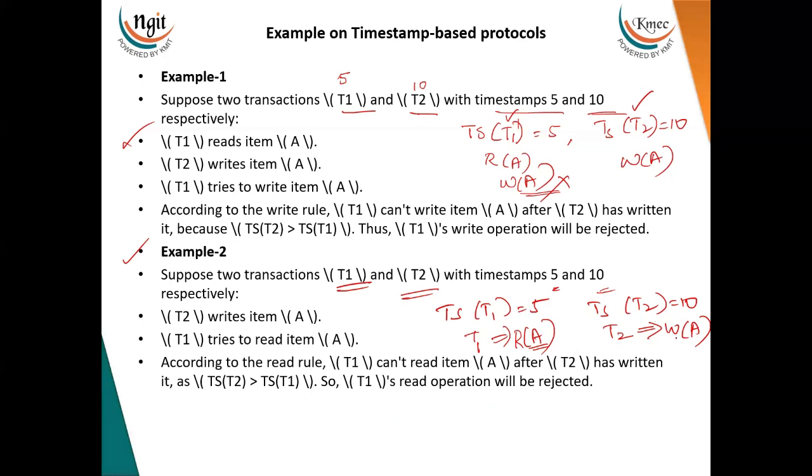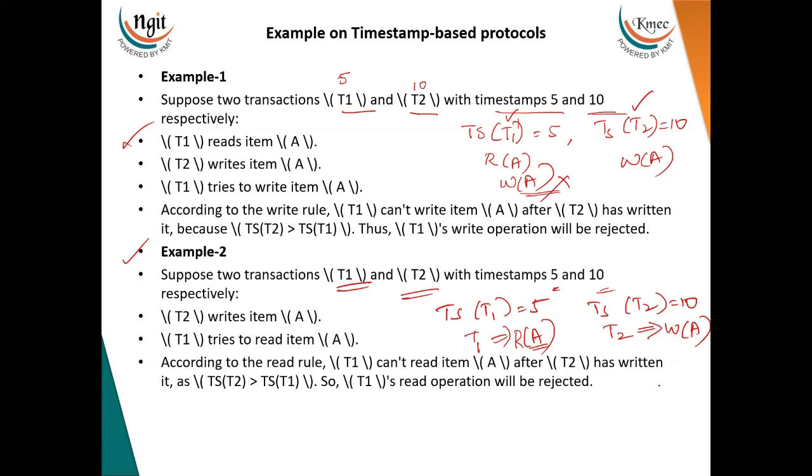Here T2 is performing the write operation on some data item A and T1 is trying to read A. Here remember, T2 arrived later, and how can it perform the write operation on A before T1? So first T1 should complete the operations and then, based upon the timing,